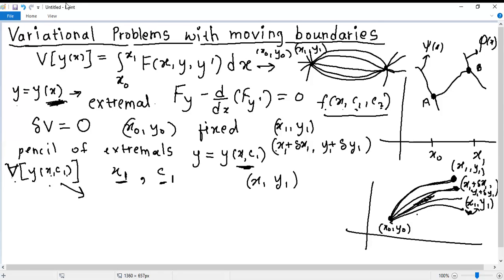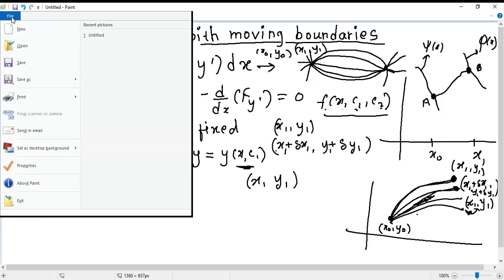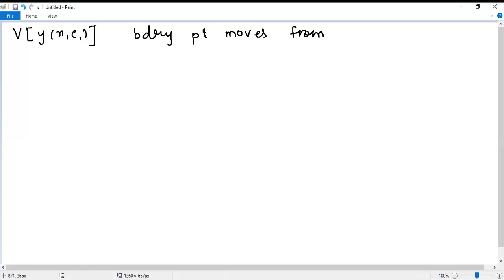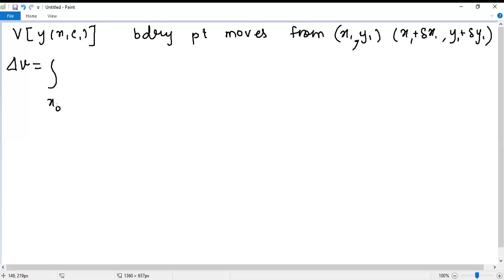So initially, let us determine the variation of the functional v(y(x, c1)) when the boundary point moves from (x1, y1) to (x1 + delta x1, y1 + delta y1). If the second boundary point is moving from this to this, then what is the variation in the functional? That is given by delta v equals the integral from,